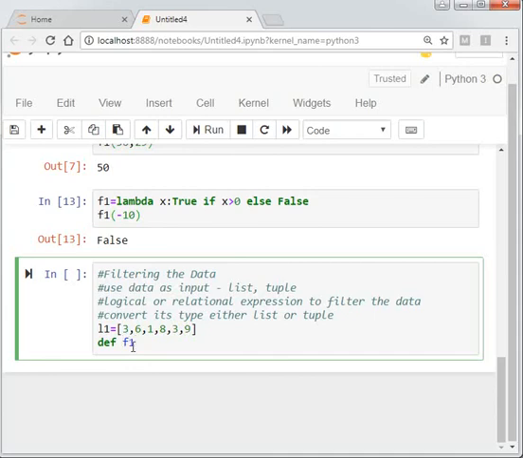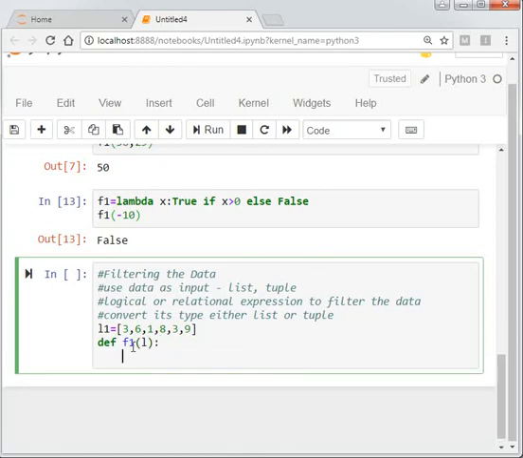f1 is a function where we pass a value L. L is a list, we have to pass it. Then how do we filter the data? Suppose you want to find even numbers from this list. If L modulo 2 equals 0, what does that mean?